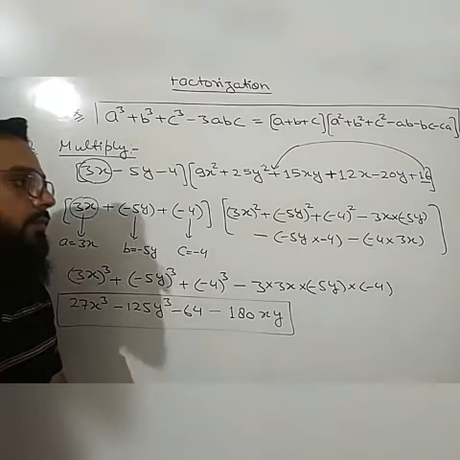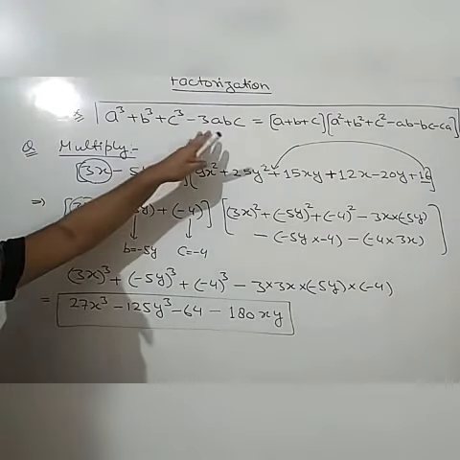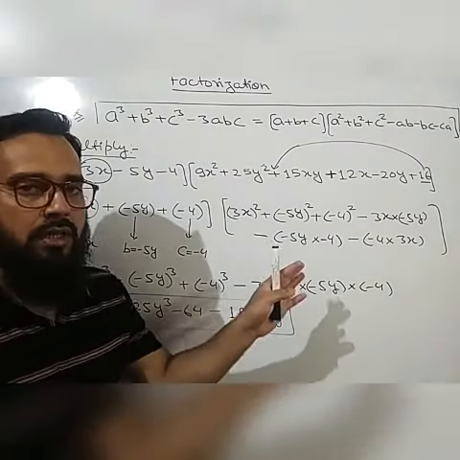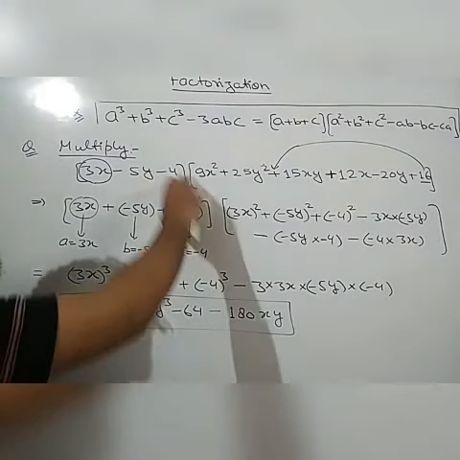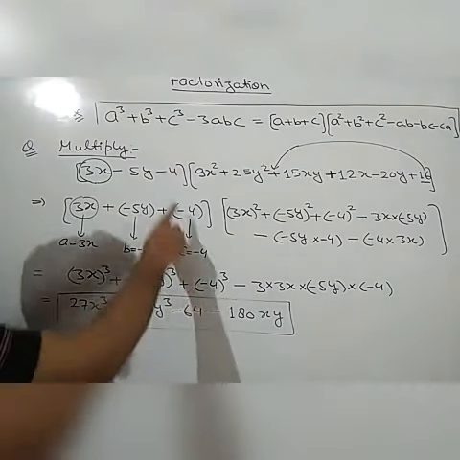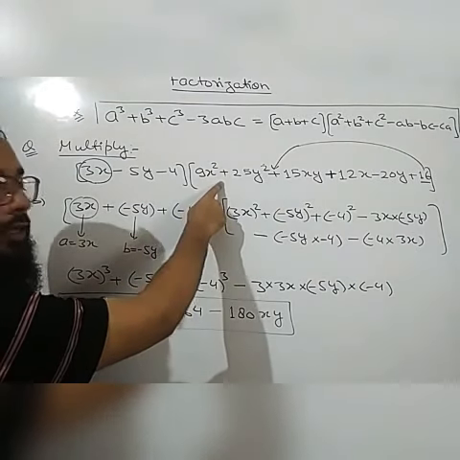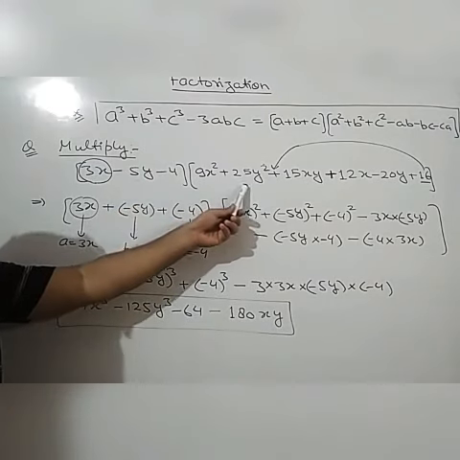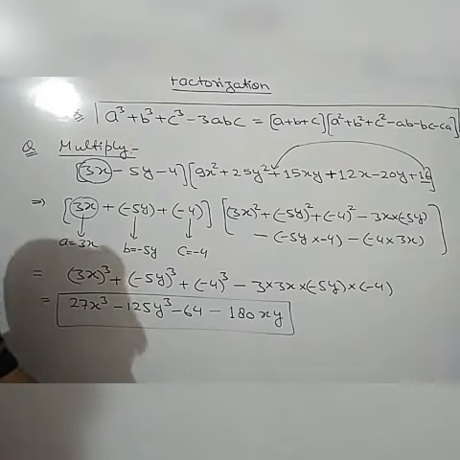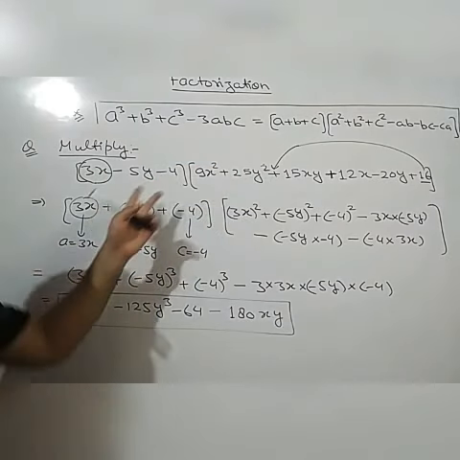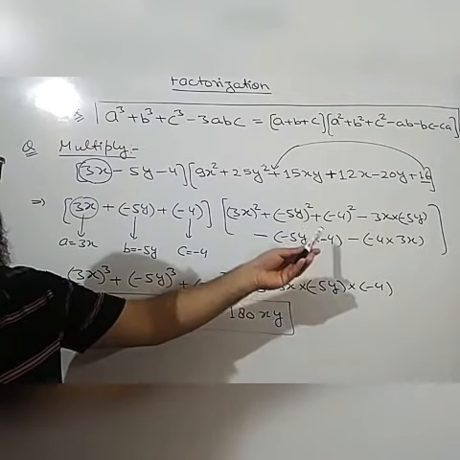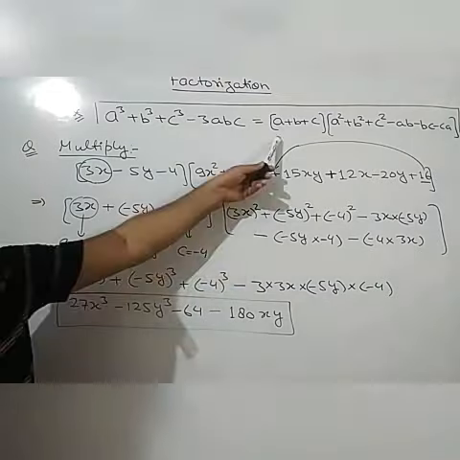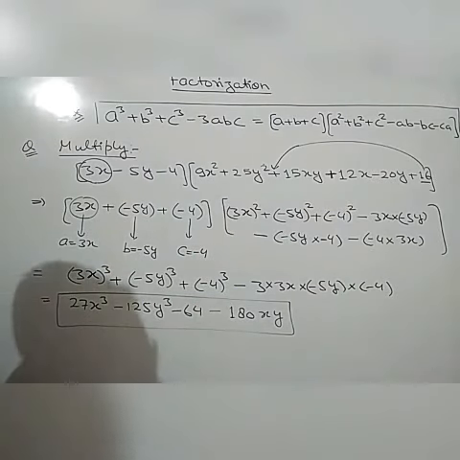Got it? So you have to just use these identities, and for using the identity you have to arrange the terms. How will you arrange the terms? How will you manipulate the terms and get that particular identity? If you multiply these two brackets directly, then also you will get the same answer, but that will be a long process. If you want to check, you can check by directly multiplying, but no need to multiply it. Just use this identity. If there are 3 terms in the first bracket and 6 terms in the second bracket, let us check it first, whether this identity can be applied. If this identity can be applied, then apply it directly and you will get the answer. Okay.